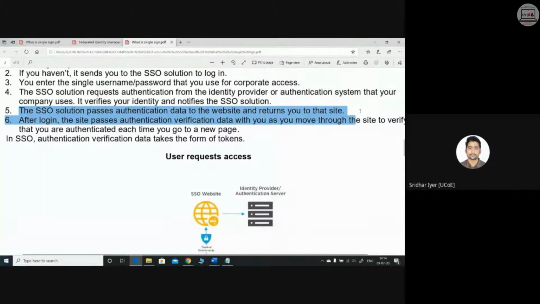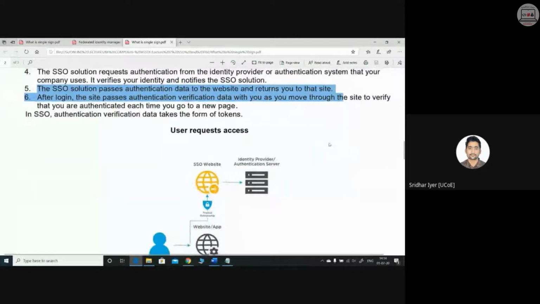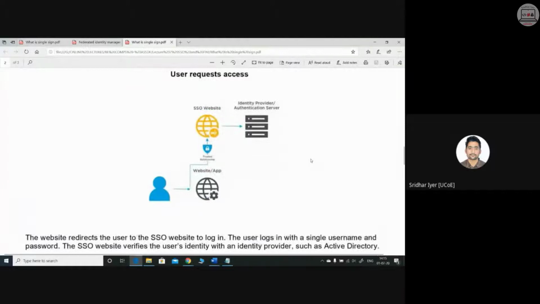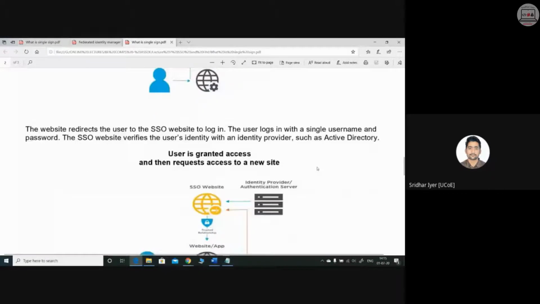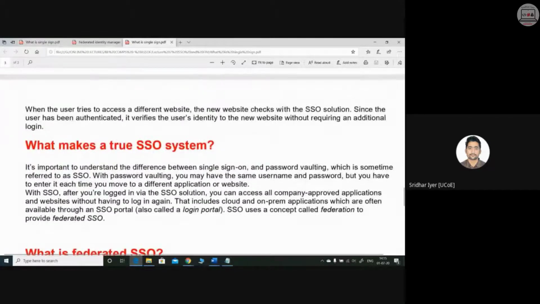It can be YouTube, it can be Google Drive. Once you're authenticated, you are basically sharing the cookie value, which is nothing but tokens. The cookie values are considered to be tokens which are passed among the various websites you are visiting, which belong to Google. So if you want to visit any Google application, only that single token, or in simple terms the cookie value, is shared with all the Google services, and hence you will easily get access to all of them. Clear? This is what happens in single sign-on. So this is the last step.